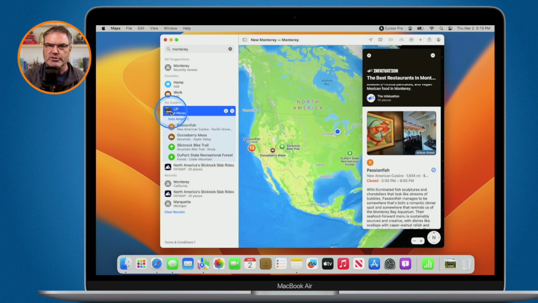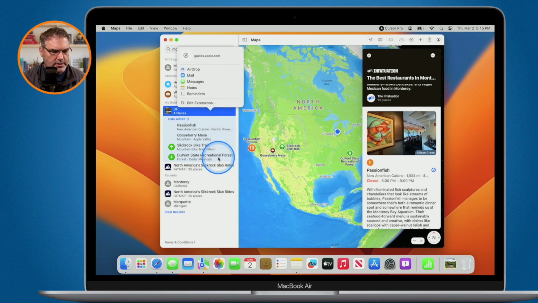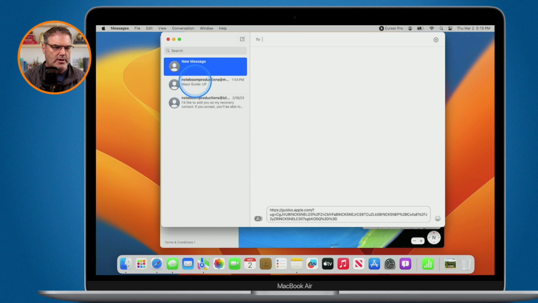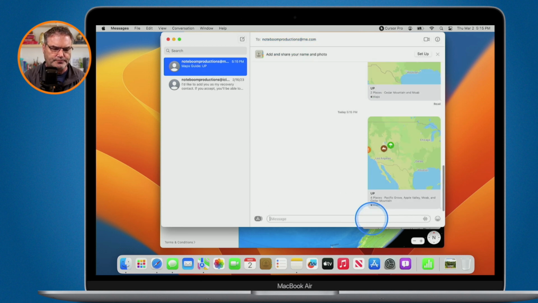Now what I'd like to do is share this with Johnny. I just control click on it, and you're going to see Share. The real basic sharing is I just send it, via Mail, AirDrop, or anything like that. I'm just going to go with Messages, and send it to Johnny here. It puts the link in there. Now if we go over to my iPad,